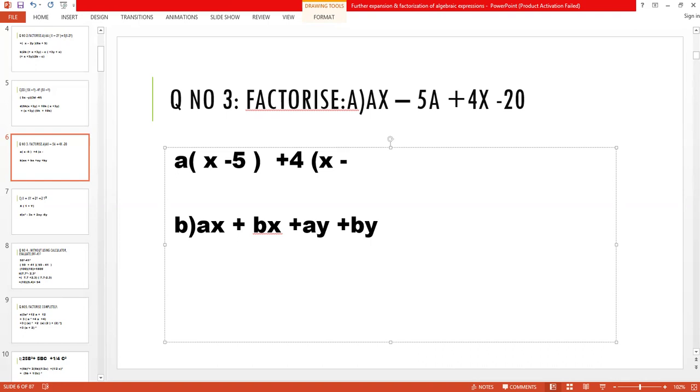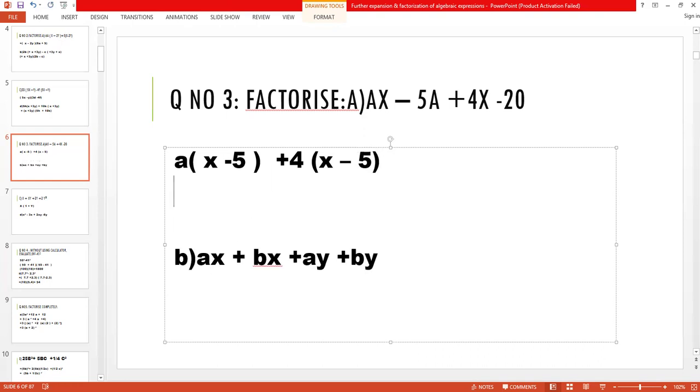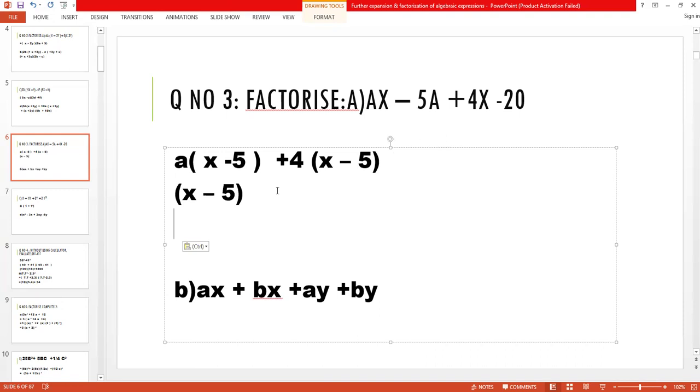In the 4 times table, when 20 will come, obviously 5 times. So here I have to put 5. Now look at these two terms, the first and the third. Again, the bracket is common. So here we have to solve one further step. First we have to pair, then we have to take the common factor, and that common factor is a bracket. So I have to put a bracket.